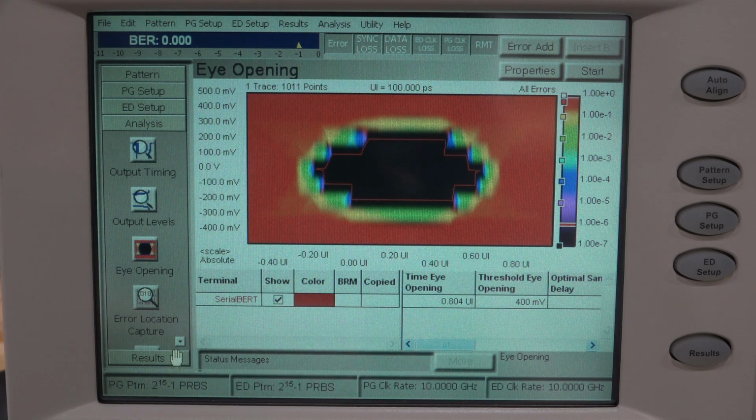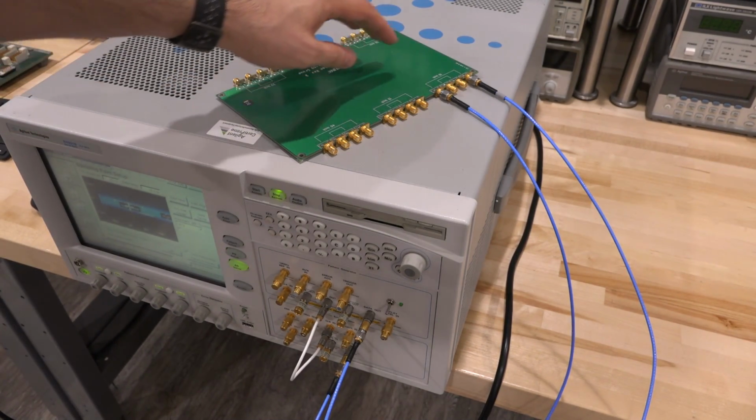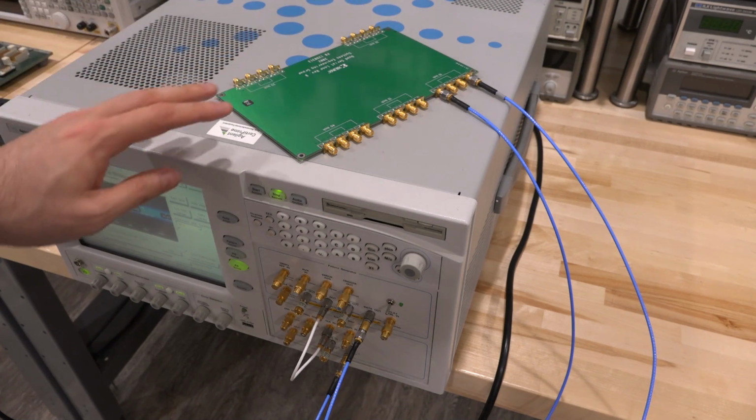Now, having said that, this is just a loopback. We should at least put it through some kind of backplane channel so I can show you that indeed you can do analysis of ISI directly on the instrument. Just to show you what happens when you pass this data over a backplane, here I have a Xilinx backplane emulator. This is a 10-inch trace that I'm passing the signal through, but just to stress the instrument more,